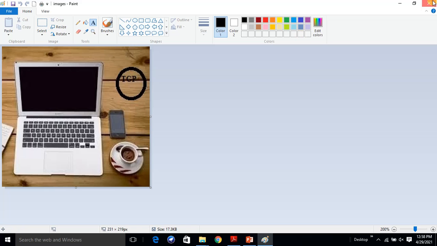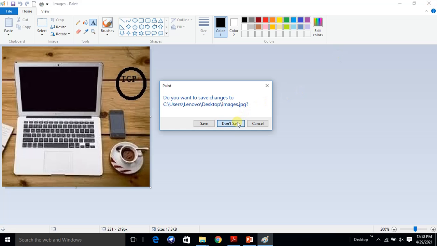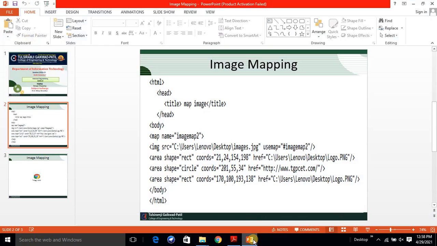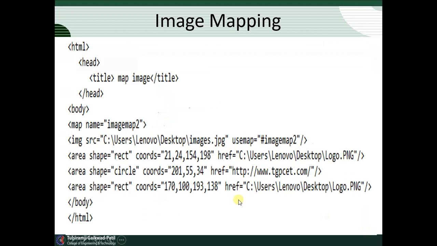Now we close this, don't save, and we find the coordinates. Here you find the coordinates: 21, 24, 154, 198, 201, 55 and 34 is the radius of the circle.